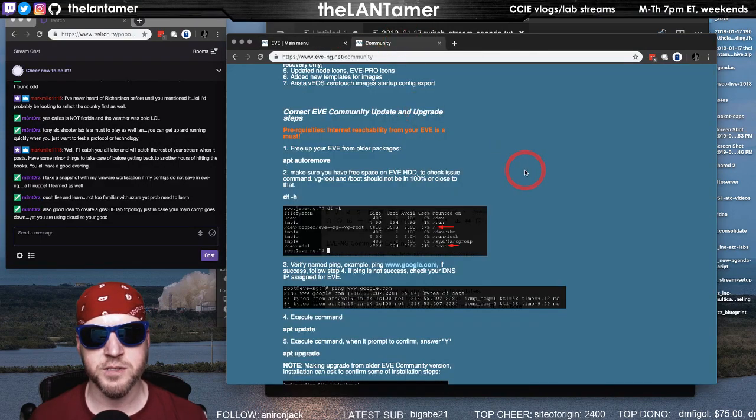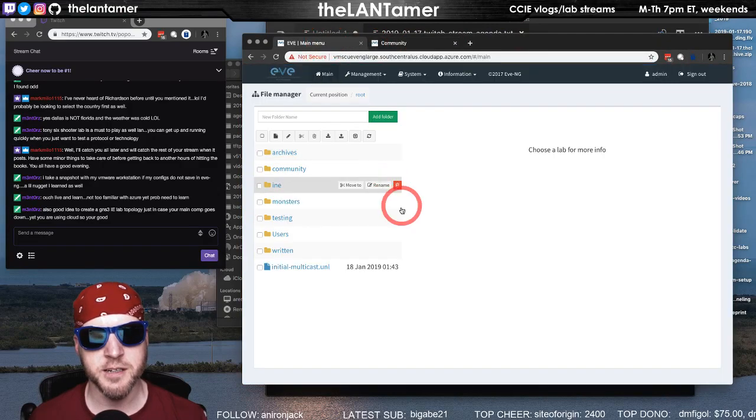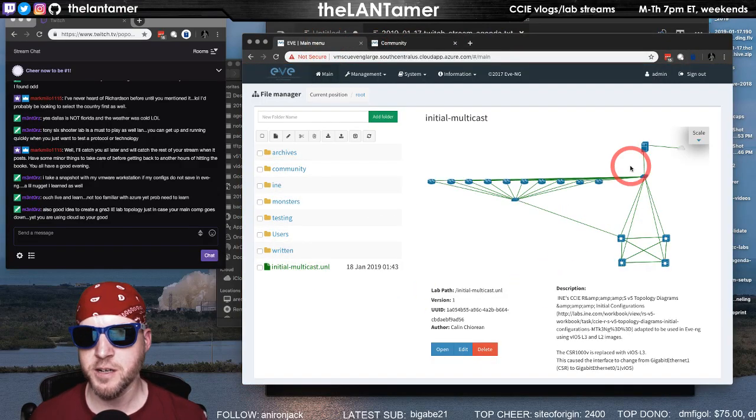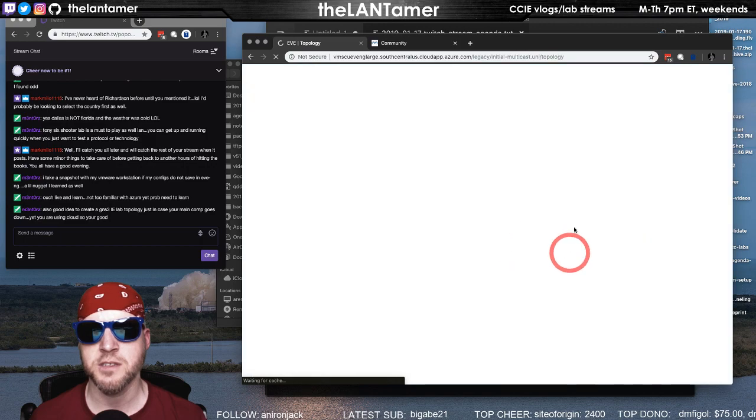It puts it in a vault. All right, we'll just let that run. We'll upgrade later. Let's go ahead and load this lab up. All right, so lab is